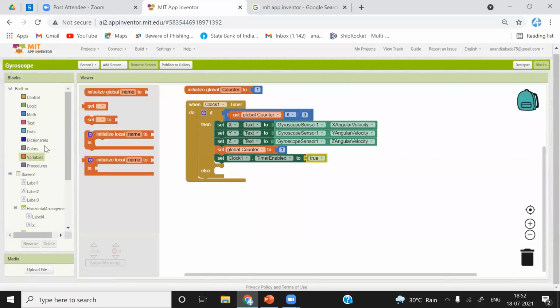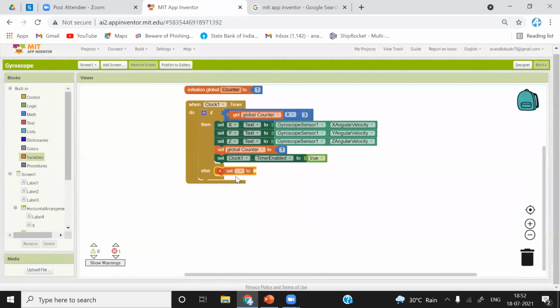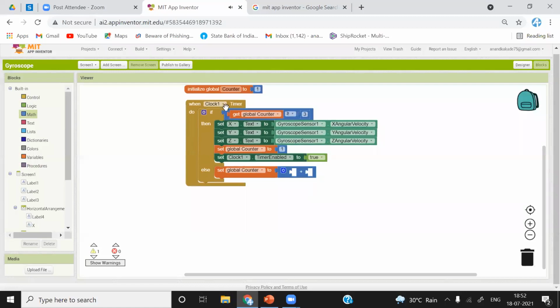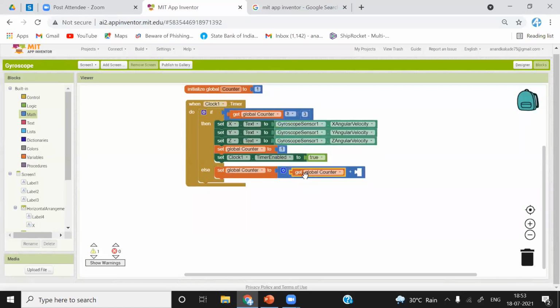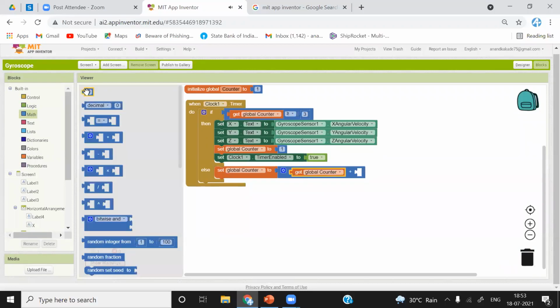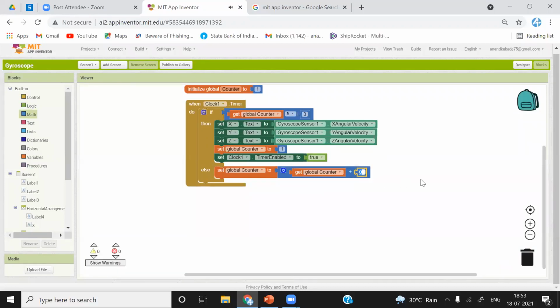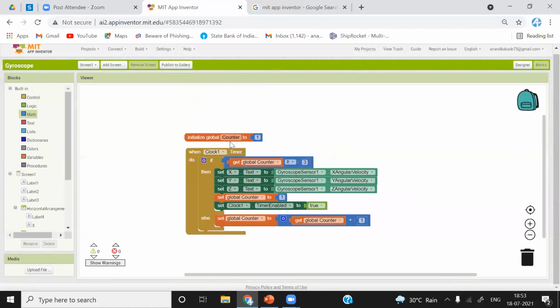So what I will do, I'll just go to variables again, set this global counter, go to math, and I will get this number, click it, and simply add 1 to it. I will explain now the logic behind this. Initially we have set the global counter variable to 1.